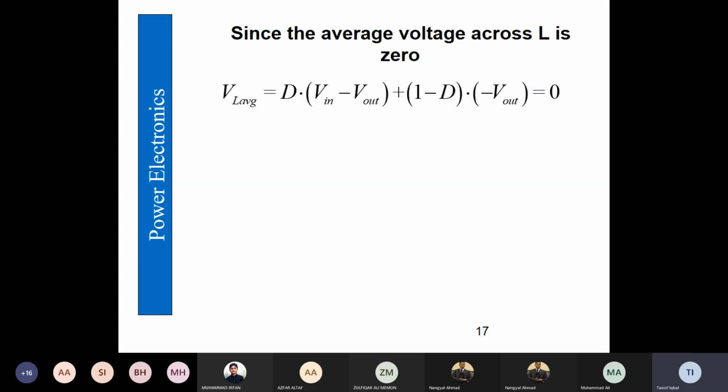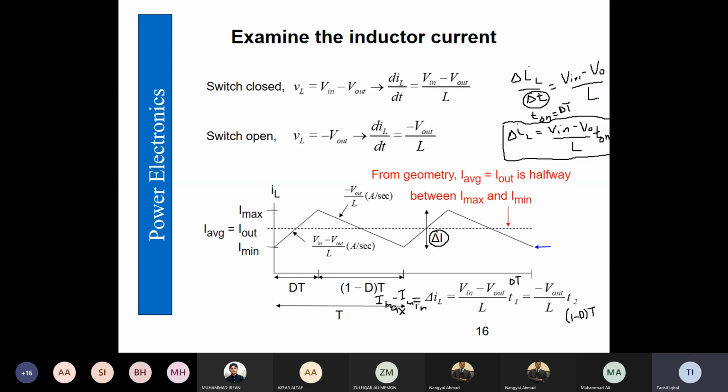And we can find it through the average voltage across the inductor, because we know that it is 0. So to find out average voltage, we can use the voltage which is going to appear across the inductor during on time